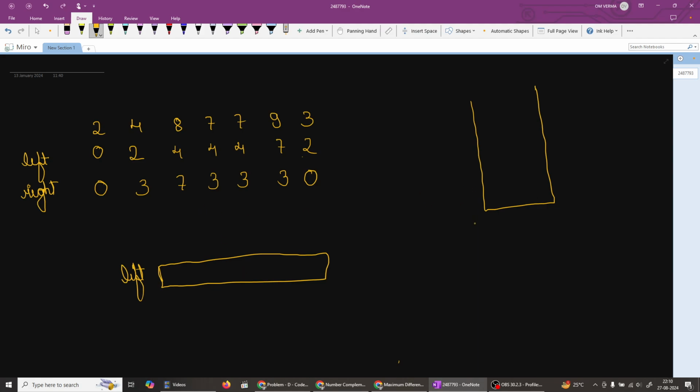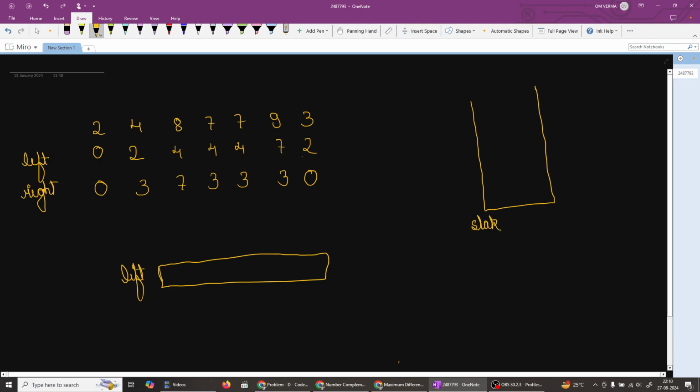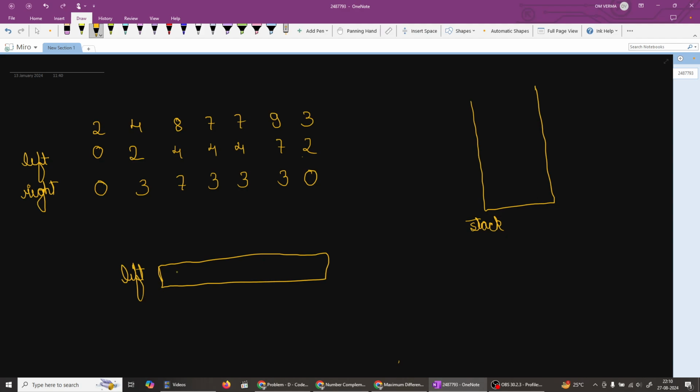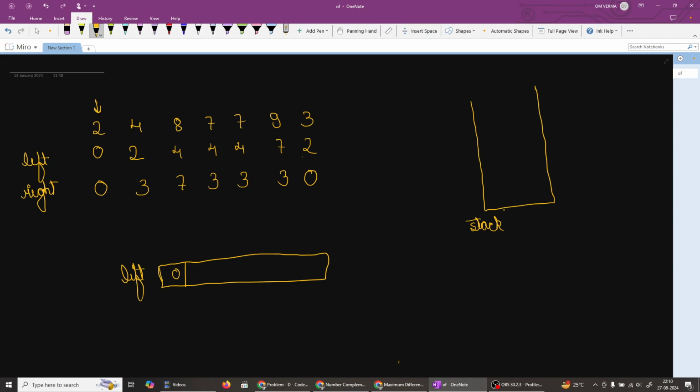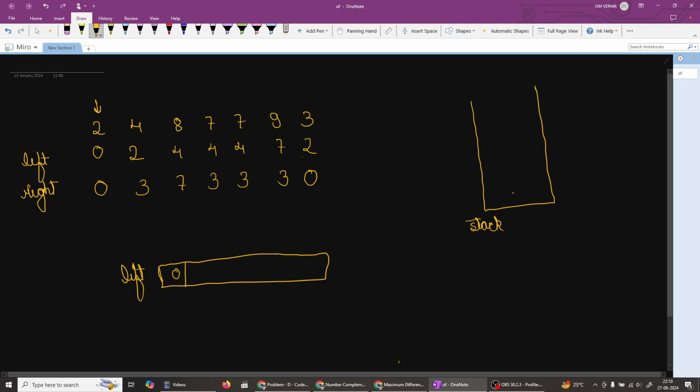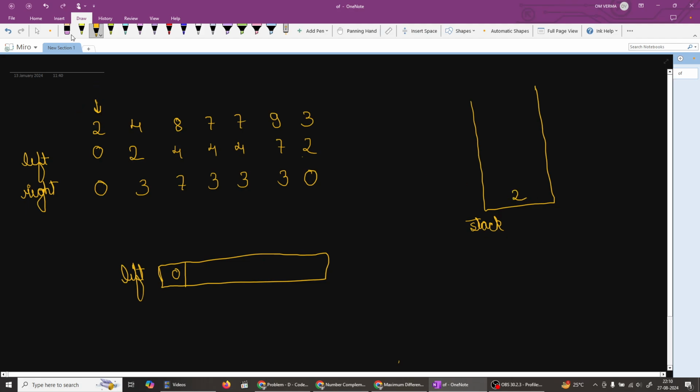So at the beginning this is the stack. Okay, so how do we calculate? This is a typo, stack. So now at the very beginning, if the stack is empty, we will put 0 in the left array. From here we have started traversing, so for 2 we'll check if the stack is empty. Yes, the stack is empty, we'll put 0 in our answer, and at last we'll put 2 in the stack. Now the pointer comes to